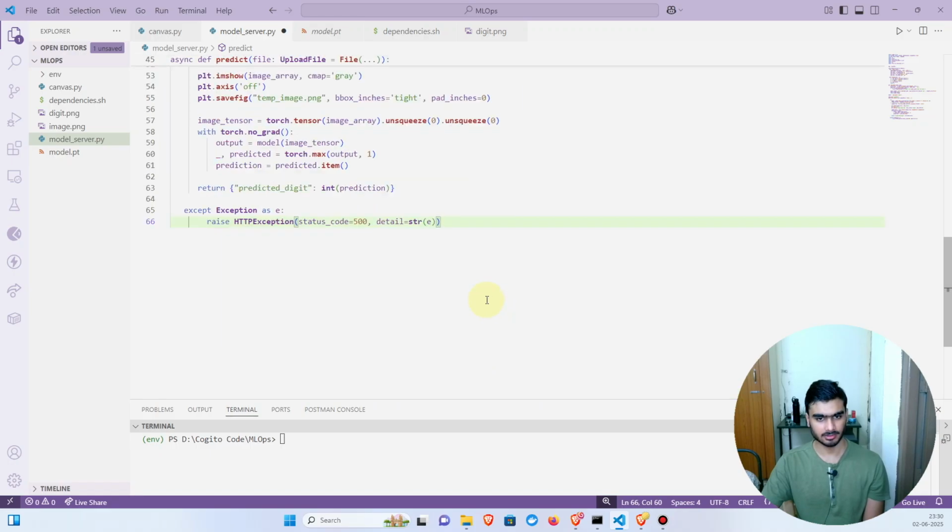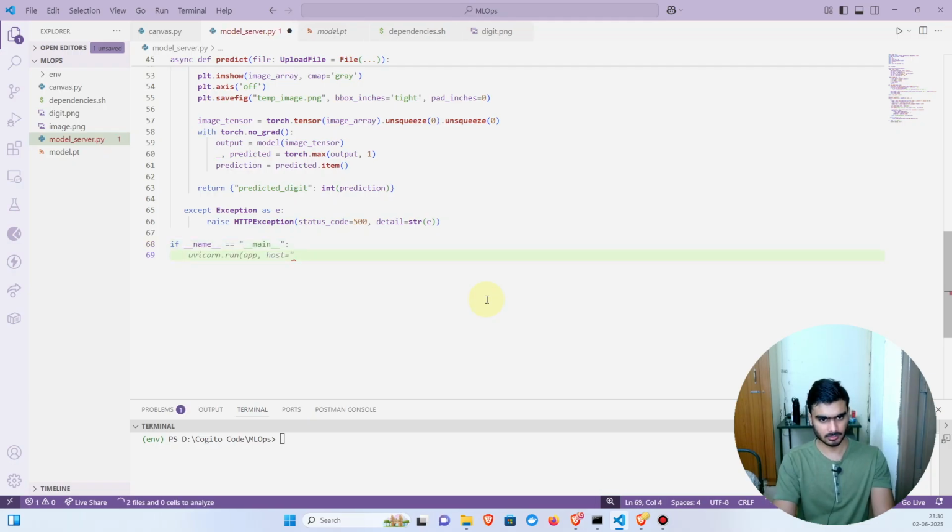Did I explain everything which I have written? So now I'll simply run this. If __name__ is equal to "__main__", uvicorn.run, host will be 0.0.0.0, port will be 8000. Okay. Oh yeah, I haven't explained this uvicorn and these